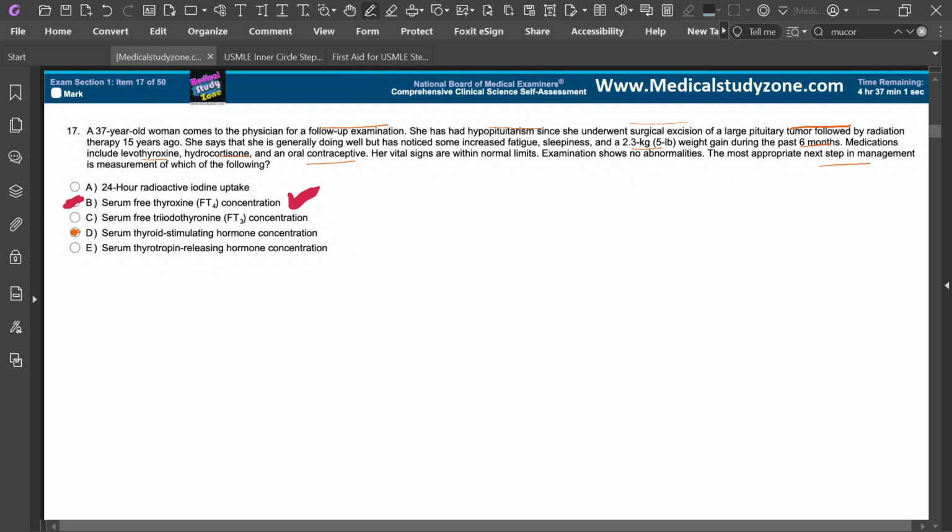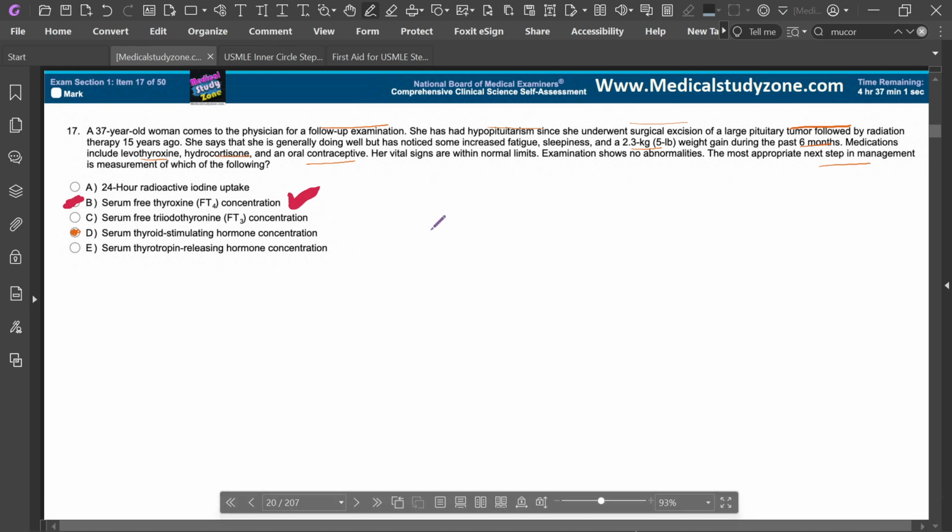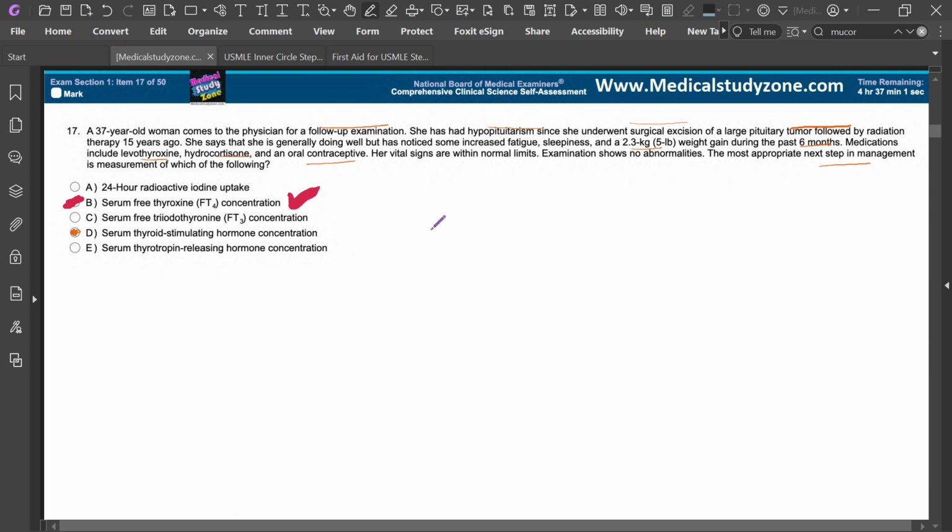Exam shows no abnormality. The most appropriate next step in management is measurement of which of the following? Okay, this is an interesting question. Like every time we do the TSH to monitor the patient, but as this patient... okay, measurement of thyroxine concentration is the most important next step in the management, as it provides a direct information